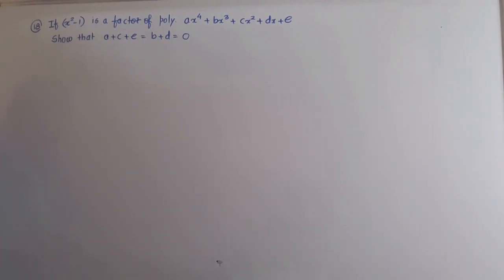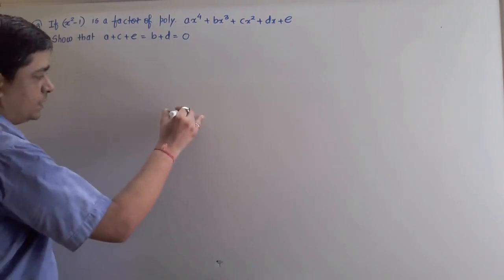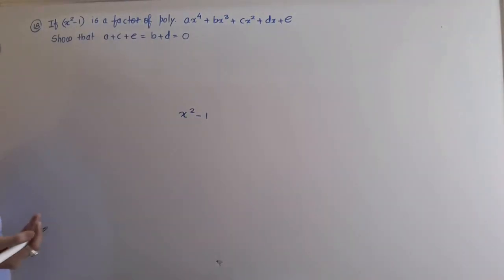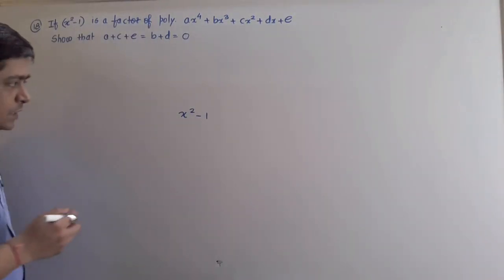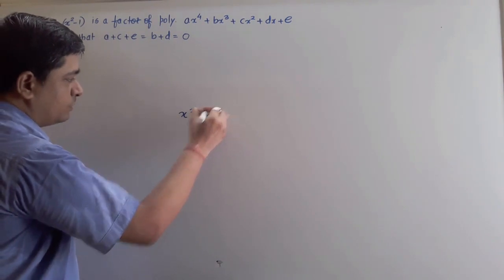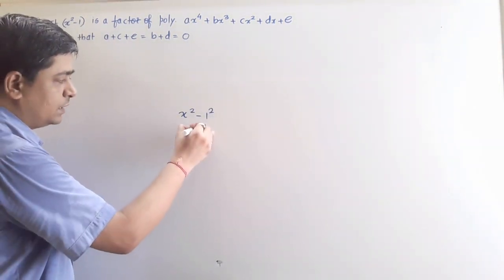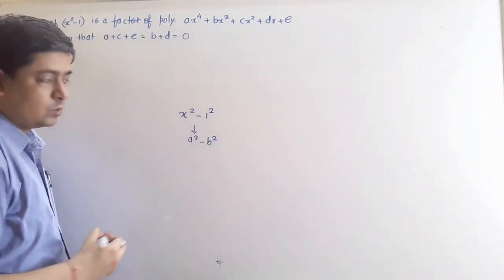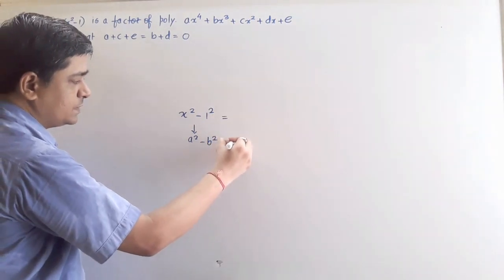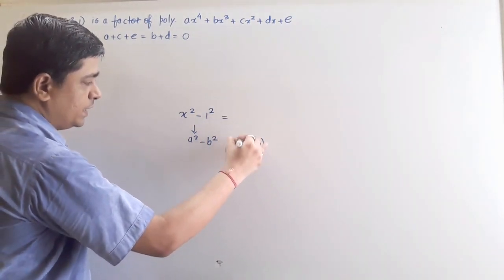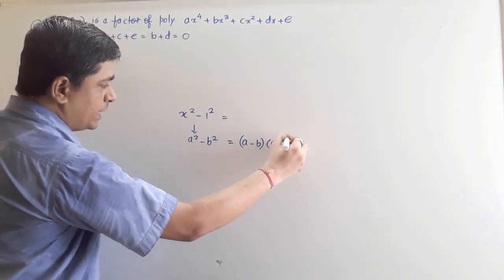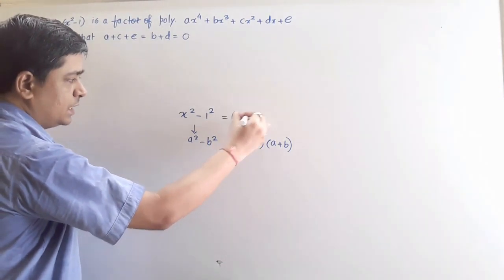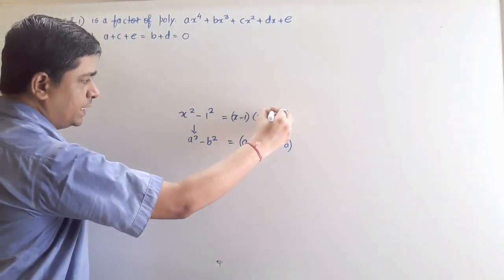Okay, first of all, you see, suppose I take here x square minus 1. Okay, now you know how to find out the factors of x square minus 1. So one thing, tell me, can I write down 1 as 1 square? And here I can apply the formula a square minus b square. Right? So what is the value of a square minus b square? That is a minus b into a plus b. So what I can write down? What is a minus b here? A minus b will be equal to x minus 1 and a plus b will be equal to x plus 1.